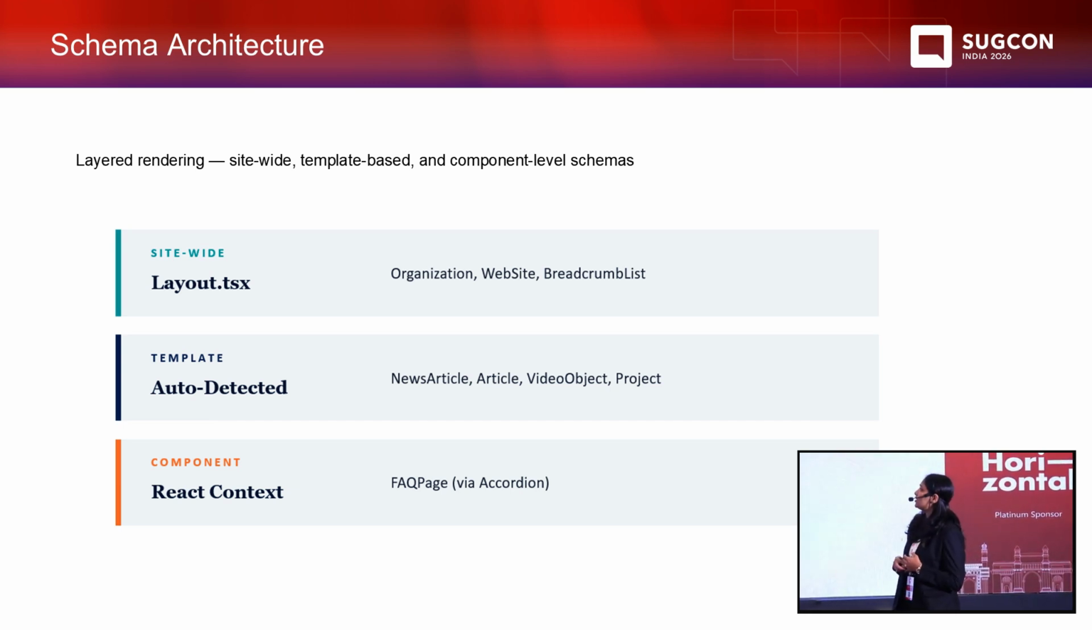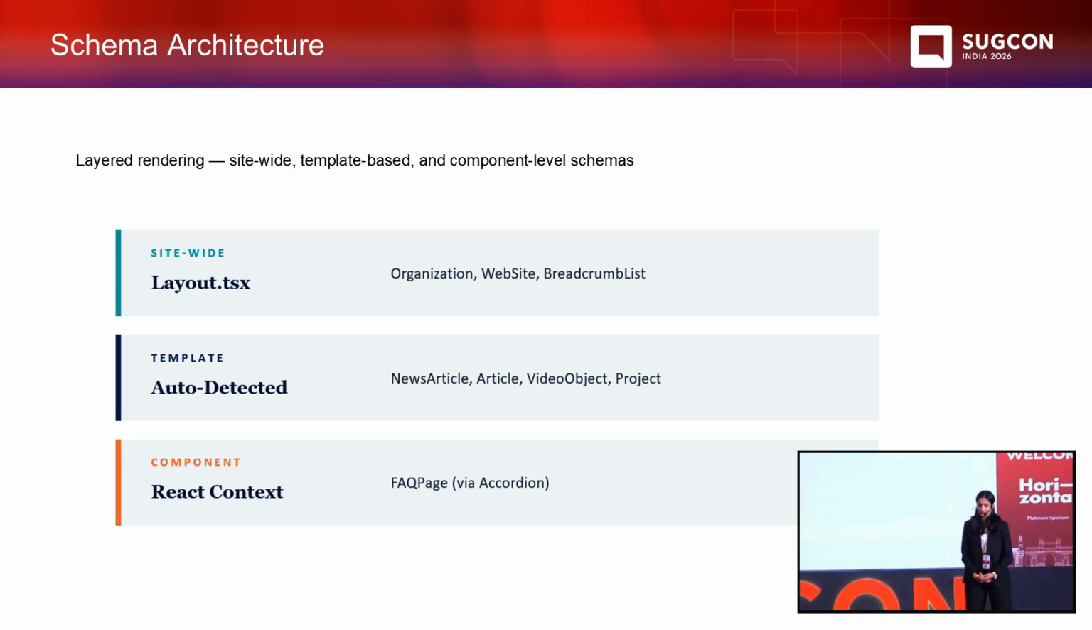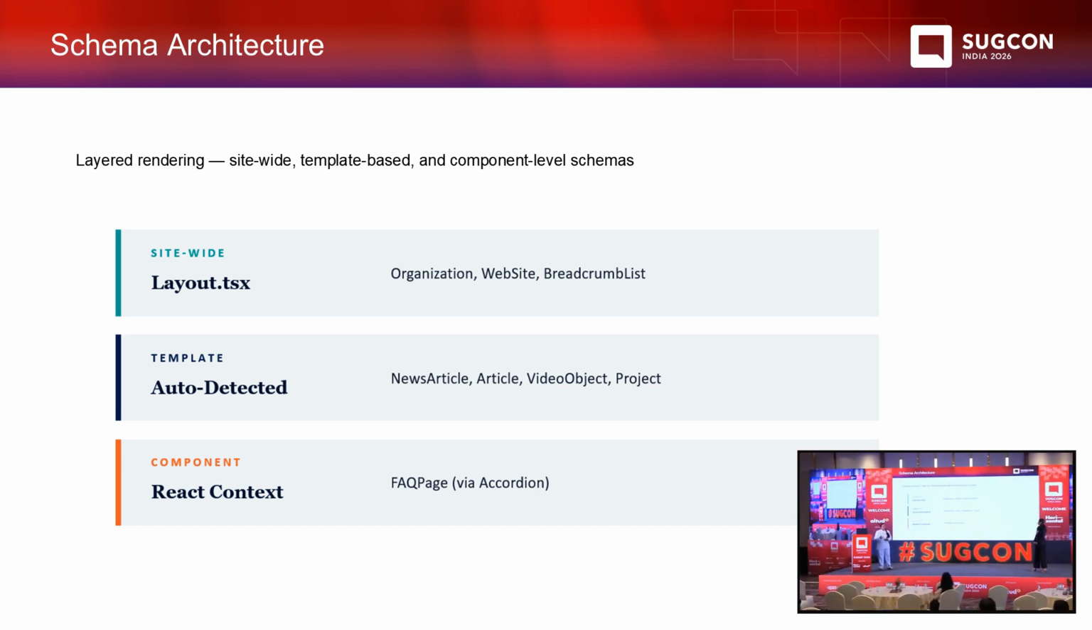And the third one is a component. It is basically for the component-specific schema. So for example, on the FAQ page, on the accordion component, I want to add schema. For that, this layer will work. Now, this layered approach is what makes it scalable, because content schema is derived from the content structure